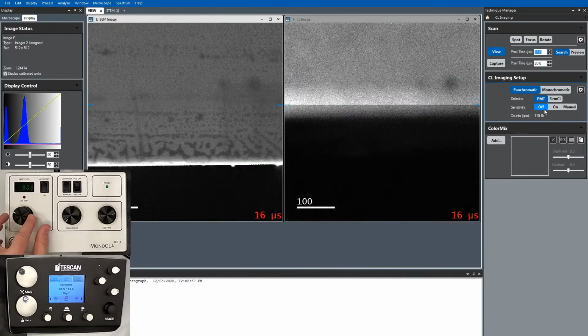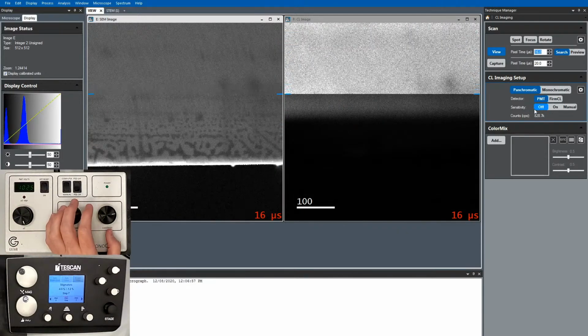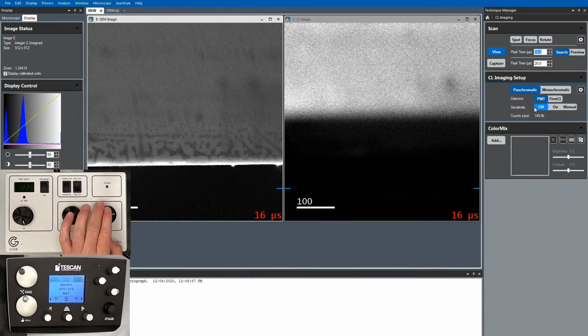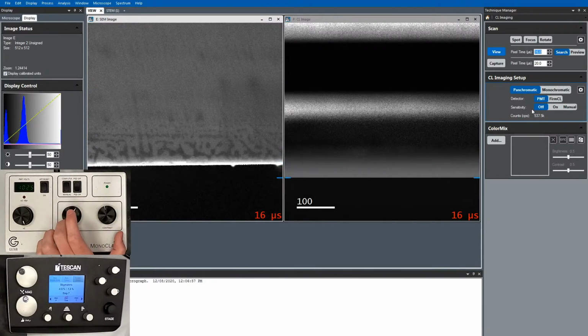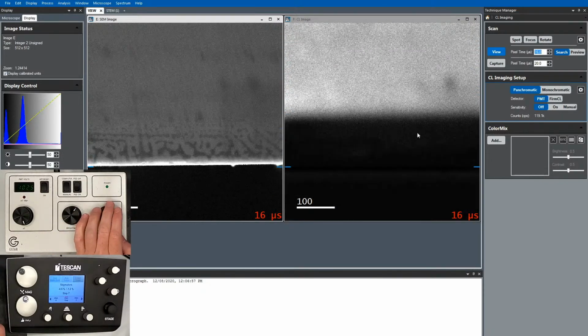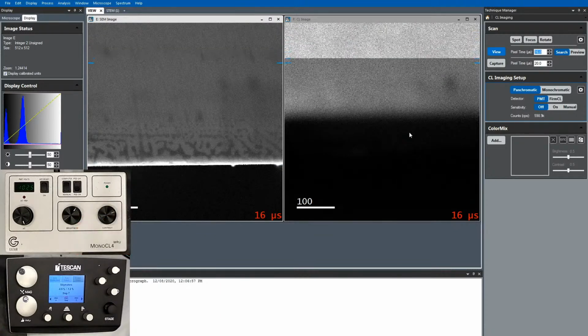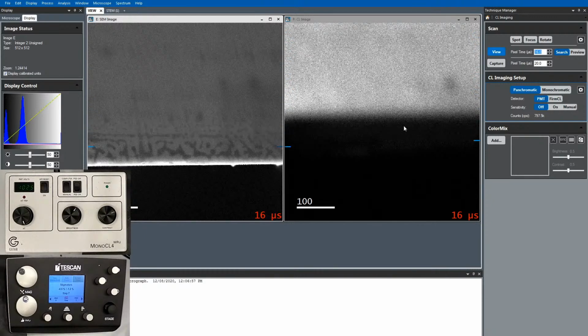Actually, I'm going to turn that up a little bit. I can adjust brightness and contrast. I'm going to turn the contrast down a little bit to see if I can equalize between the layers. Unfortunately, Gatan does an automatic histogram adjustment, so it makes